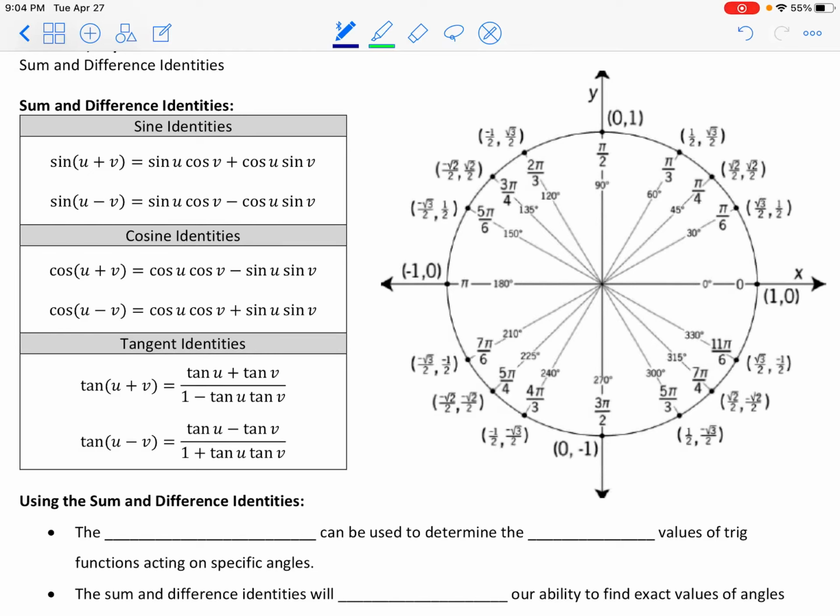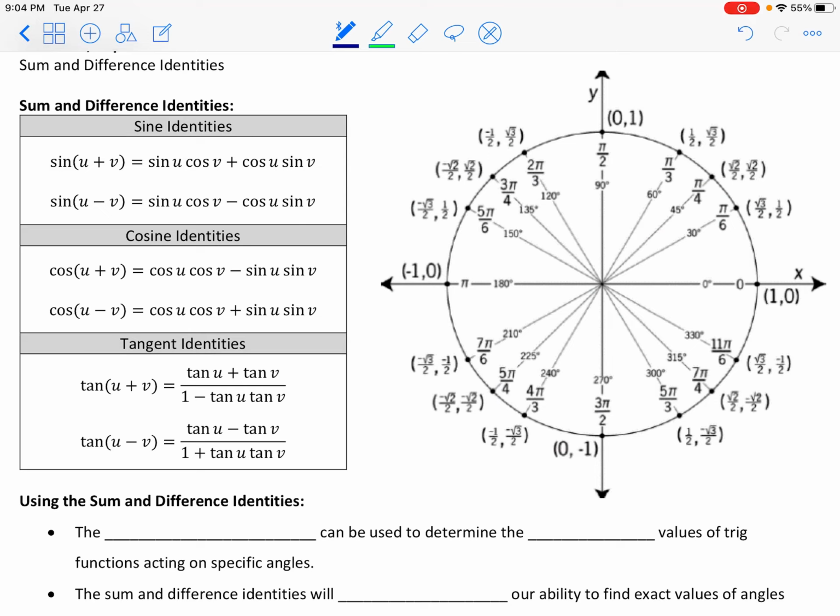Hello, welcome to our lesson on Sum and Difference Identities. So what we're going to do with this topic is add to our toolbox, right? We're going to add to the list of identities that we started to create in the previous topic. And some of those we had seen develop as we started creating the unit circle and talked about right triangle,